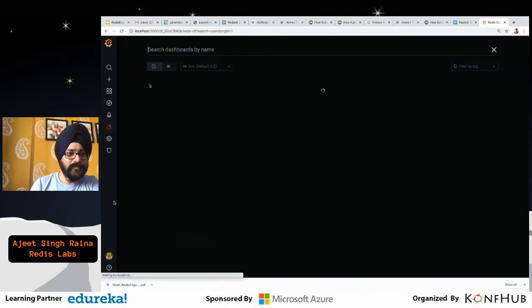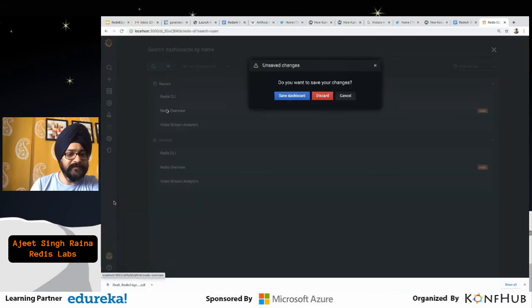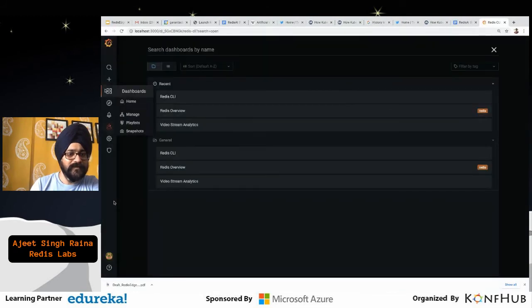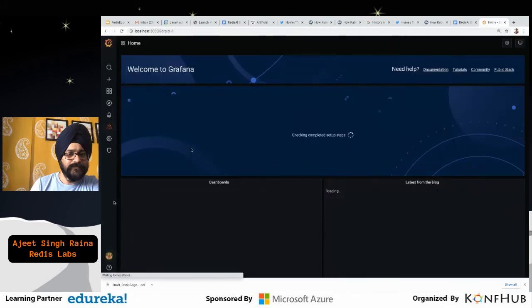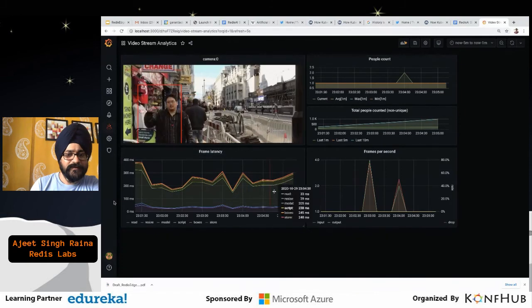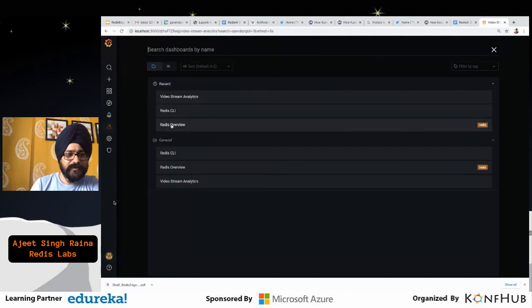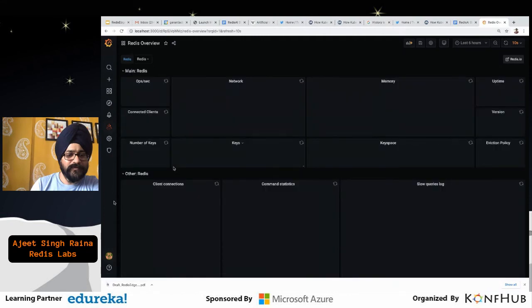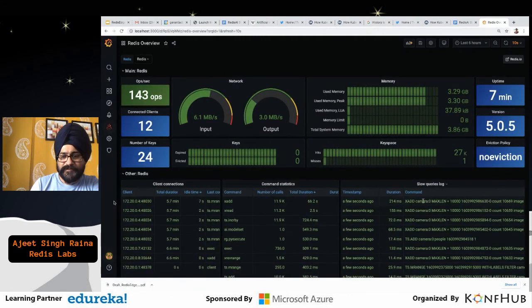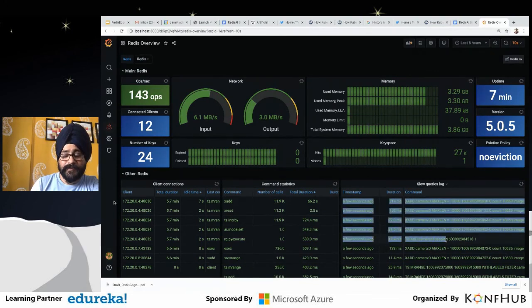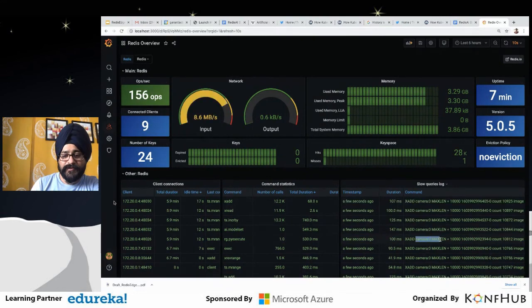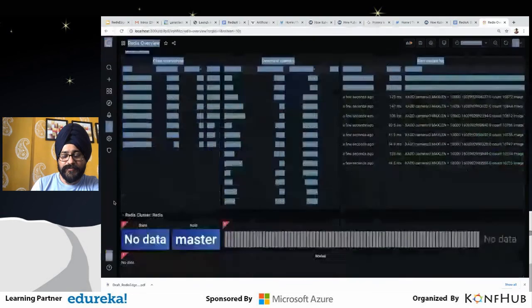So let us go back to video streaming and try to fetch the timestamp altogether. Let me pick up the right one. Let's go to the video stream, and the streaming is going on. At the same time, I can go to the overview, and then let us pick up camera 0, especially the timestamp. Since Redis is a key value database, I can pick up any of the entries.